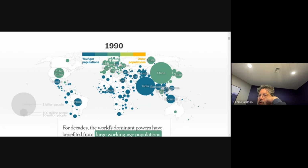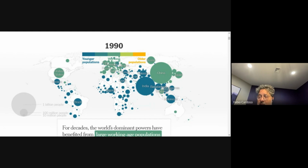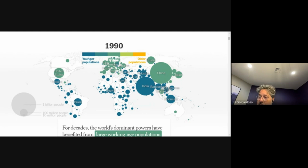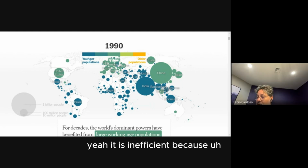private sector, because the public sector is inefficient. Yes, inefficient, exactly. And it is inefficient. But going to be a billionaire, that's going to make it efficient. Yeah, it is inefficient because there is another